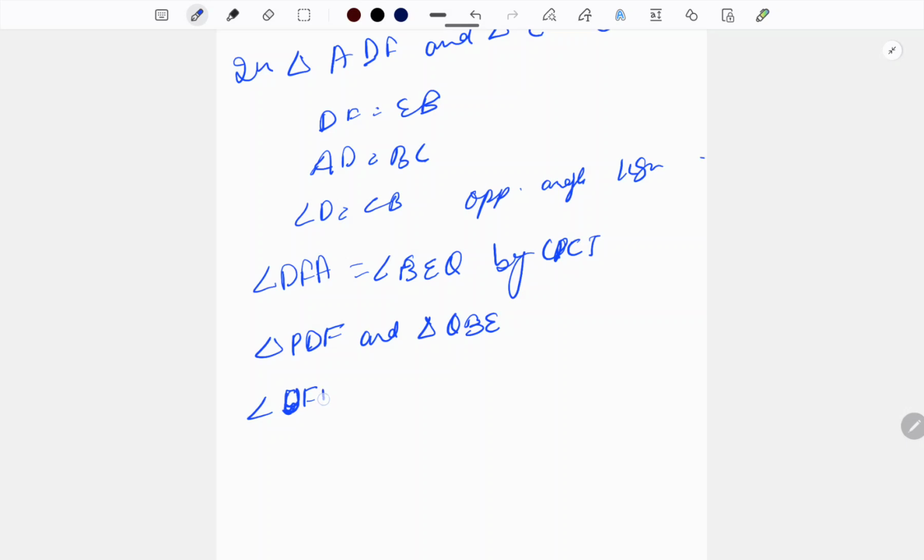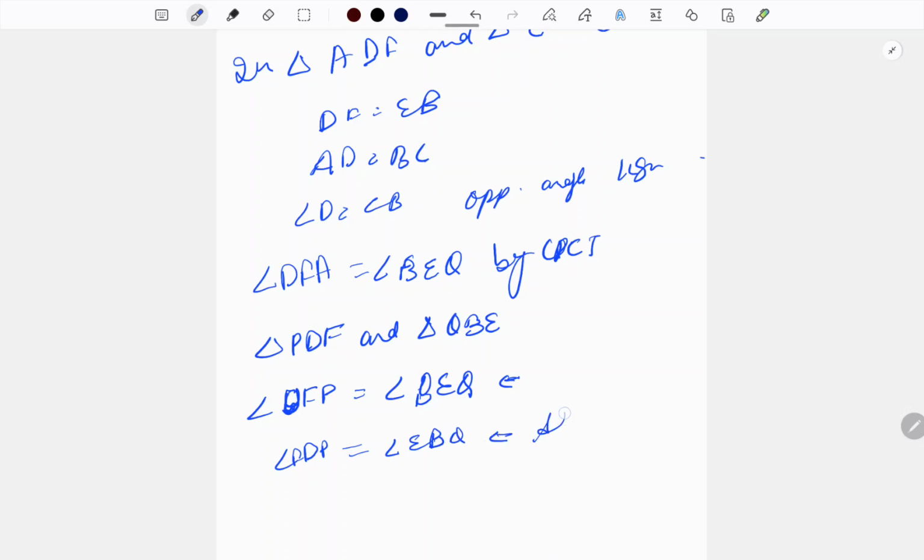DFA or DFP is same thing, so DFP is equal to angle QBE, DFP is equal to BEQ, okay, this is there, and angle FDP is equal to angle EBQ,